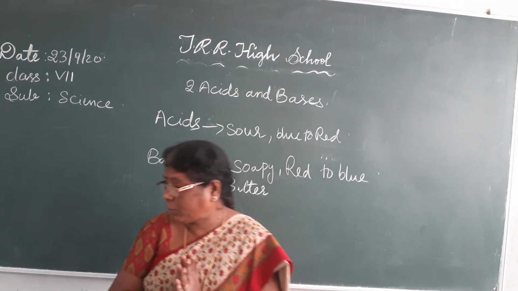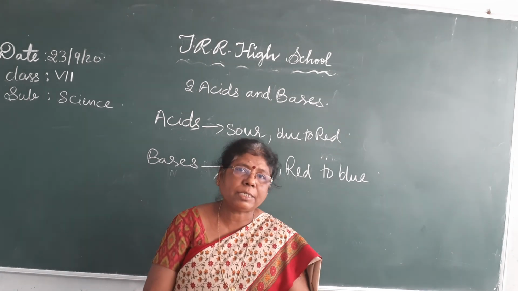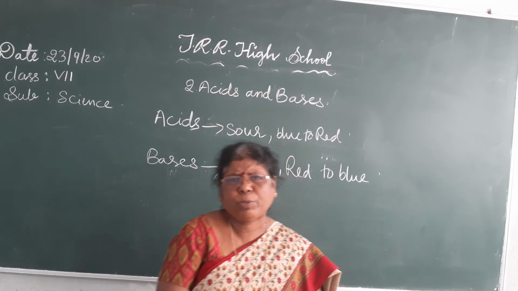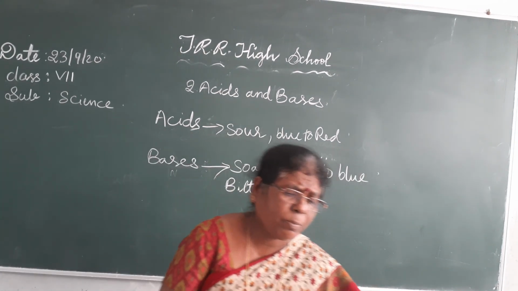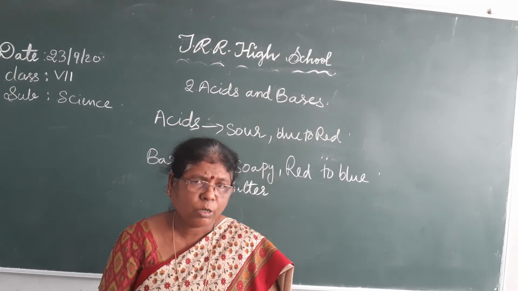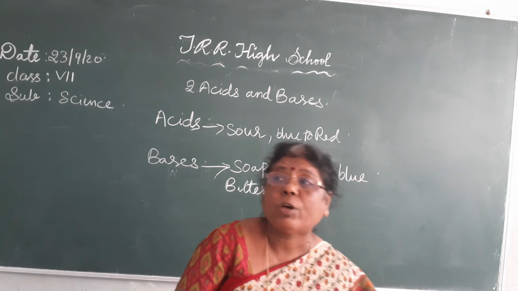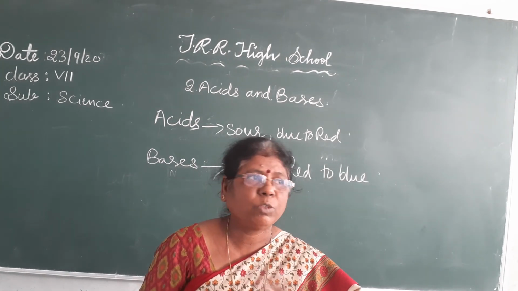So, I gave so many live examples. Try at home. You will get the litmus paper in a shop. No problem, you will get it. These litmus papers are naturally occurring, made with lichens. What are lichens? A fungus and algae combination, a symbiotic relationship. With that it is made.